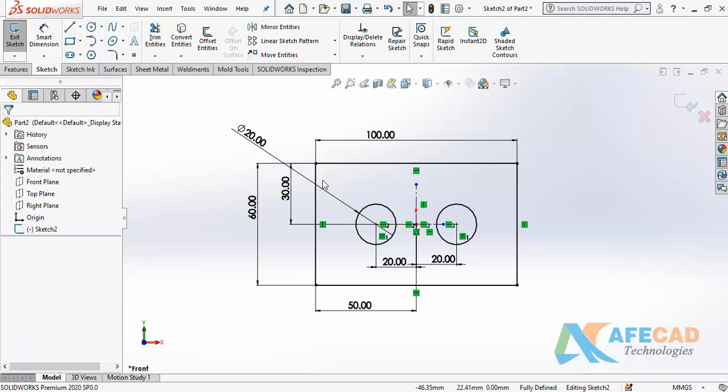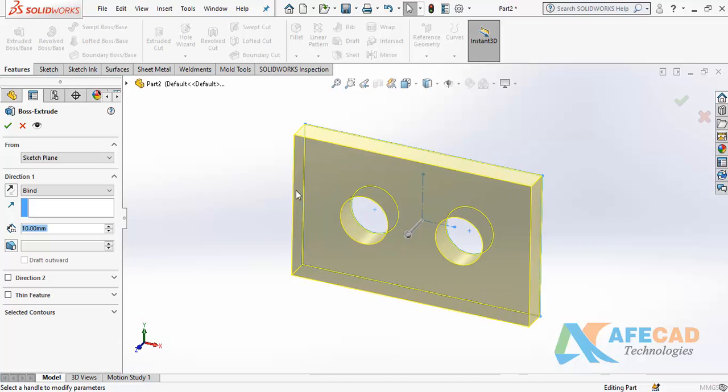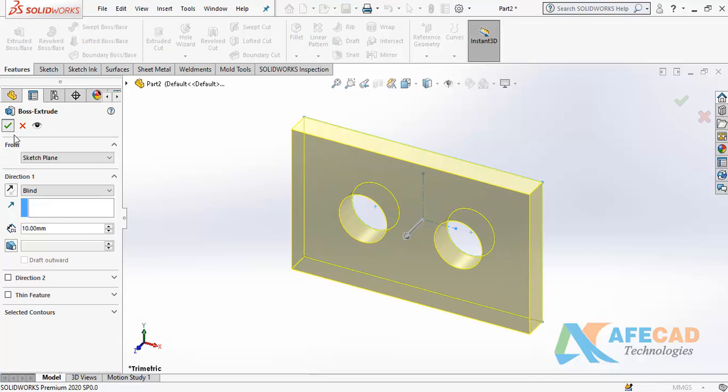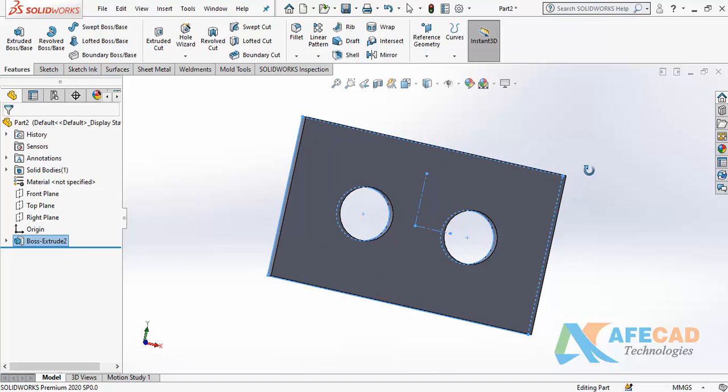I have applied all the dimensions and the black color shows fully defined constraints. Then we can exit and apply the feature. What was my future need? This distance should be equal. As I apply here, this was my 20 and this should be 20. Whatever value I put here, it should be 20 and 20.